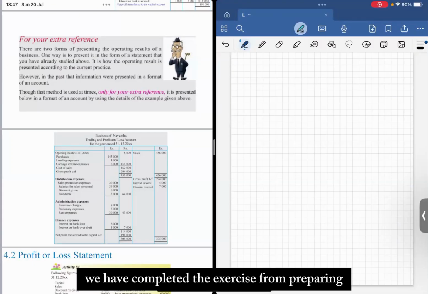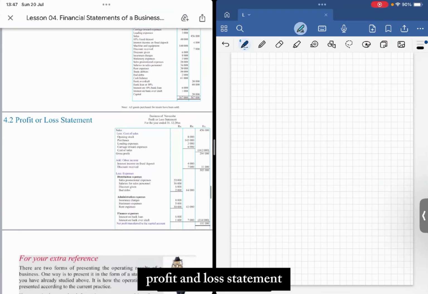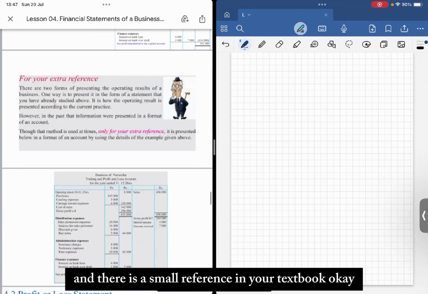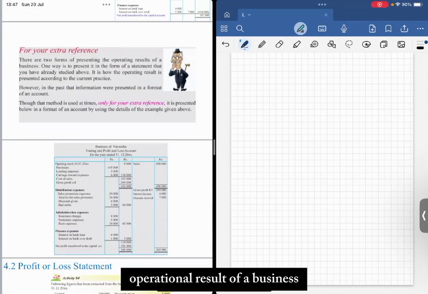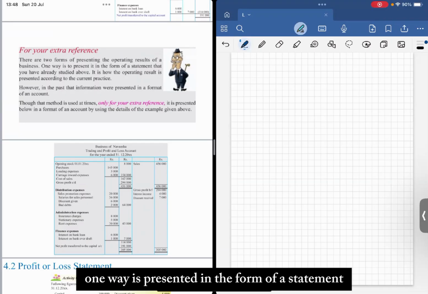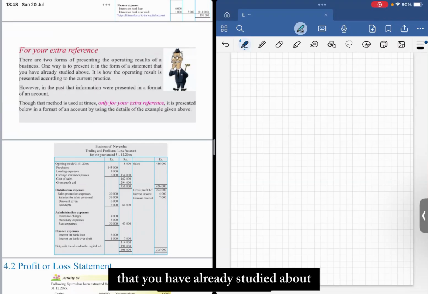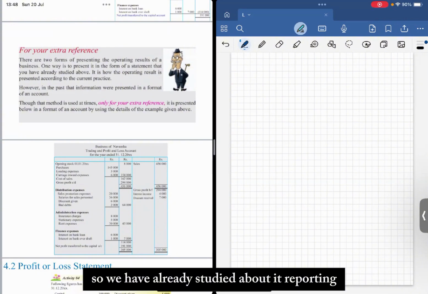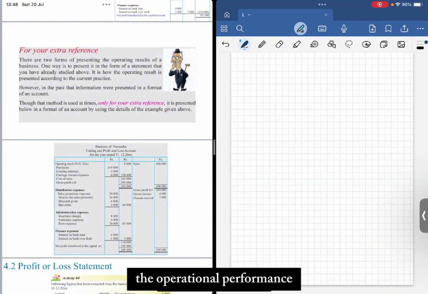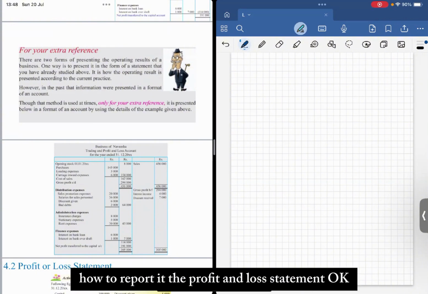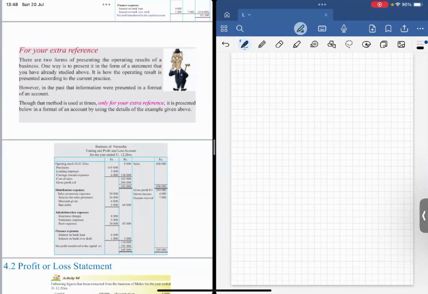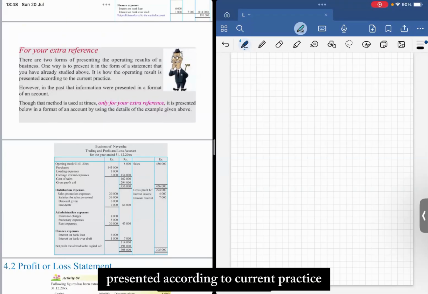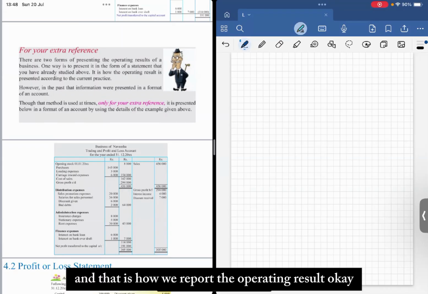Okay, so we have completed the exercise on preparing the profit and loss statement, and there is a small reference in your textbook. There are two forms of presenting the operational result of a business. One way is presented in the form of a statement that you have already studied above, reporting the operational performance. It is how the operating result is presented according to current practice, and that is how we report the